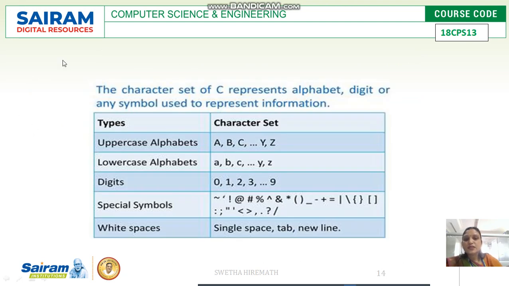In this table we can see the different types of characters with examples: uppercase alphabets, lowercase alphabets, digits, special symbols, and white spaces like a single space, tab or new line character.